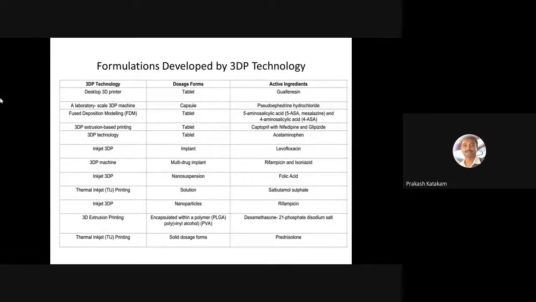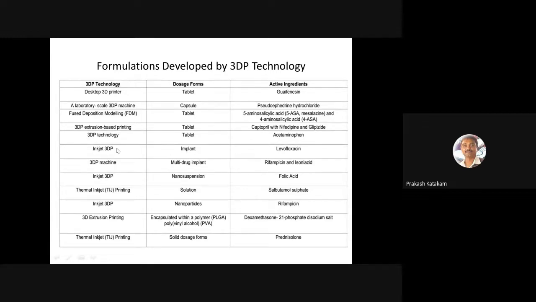These are some examples available in the literature, just to note a few. Guaifenesin is a drug used for cough. They made a tablet using a desktop printer. And levofloxacin is an antibiotic. They made an implant that could be inserted into the body cavity or under the skin.